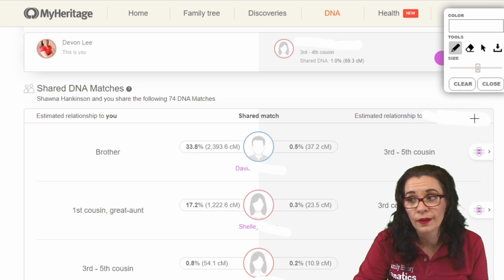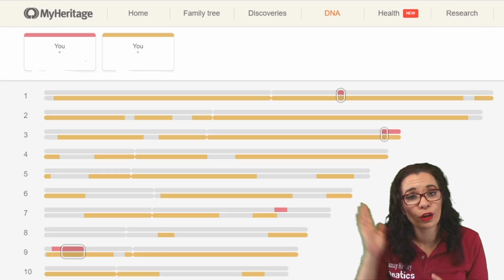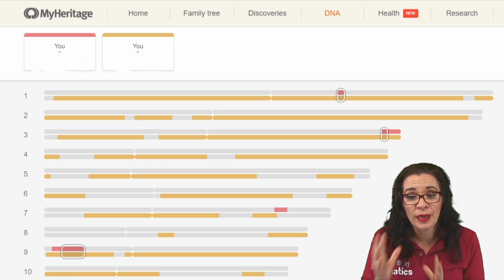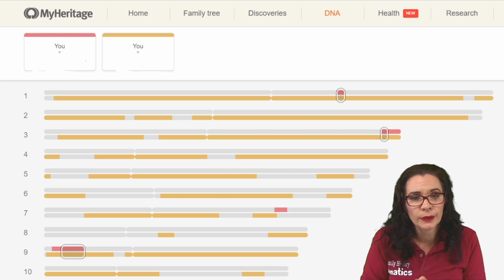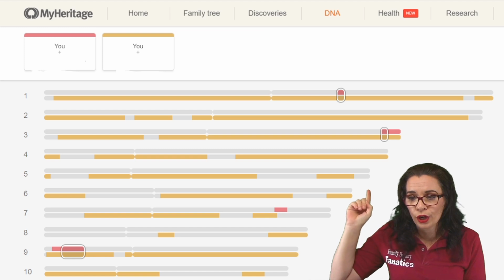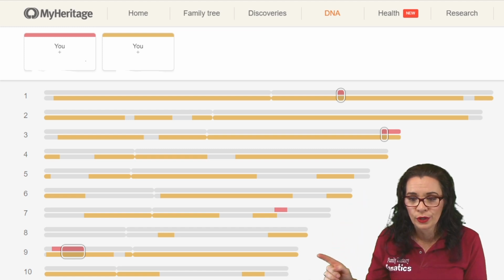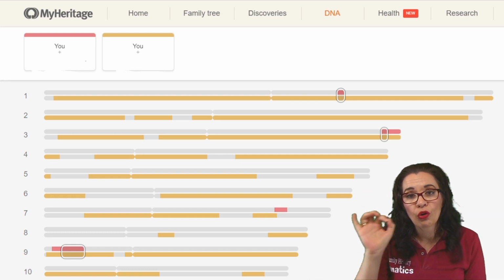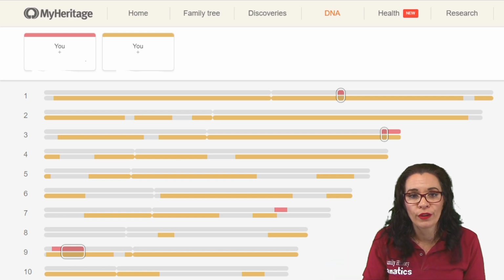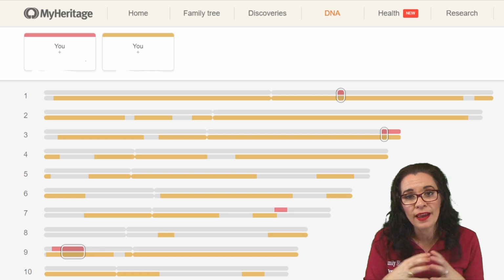If we go ahead and click on that button, what you can see is a chromosome map, and you can see that the pink is the person I was investigating that has a theory of family relativity. The orange or yellow, that is my brother. And I can see that on chromosome 1, on chromosome 3, and on chromosome 9, there are places where we triangulate. I match my match, my match matches my brother, and my brother matches myself. So we know that we are genetically related, we are triangulated.